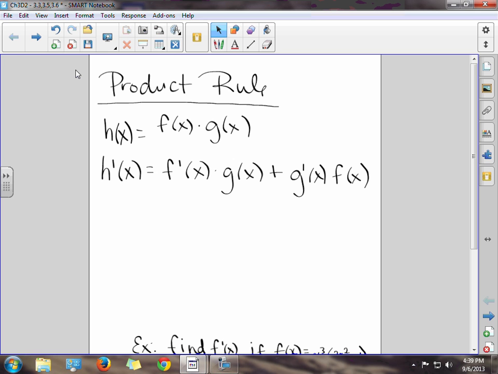So we are going to talk about what happens when we multiply two functions together, and we can represent it by this function right here, h of x times g of x, and then we have a formula that will give us the derivative